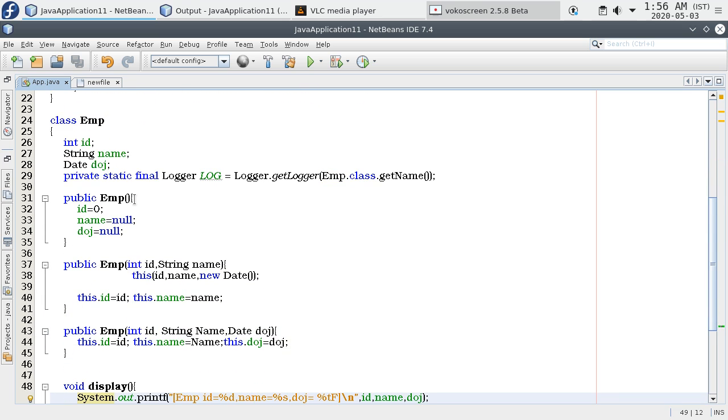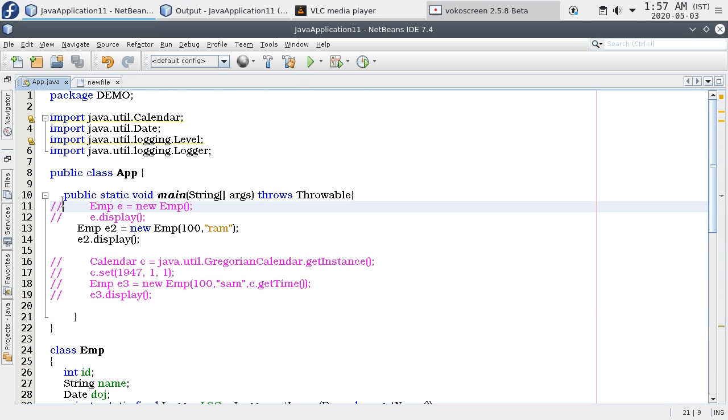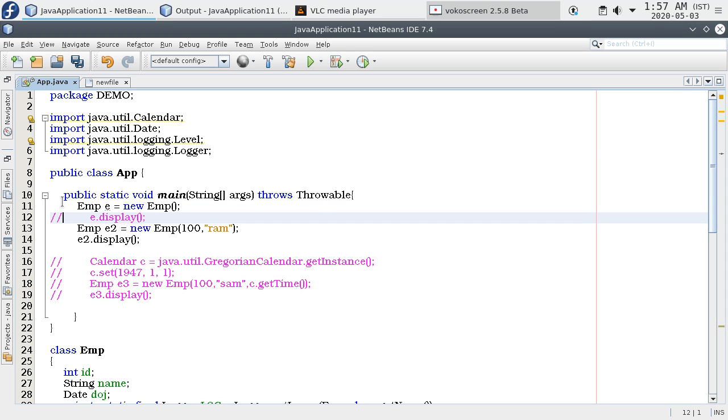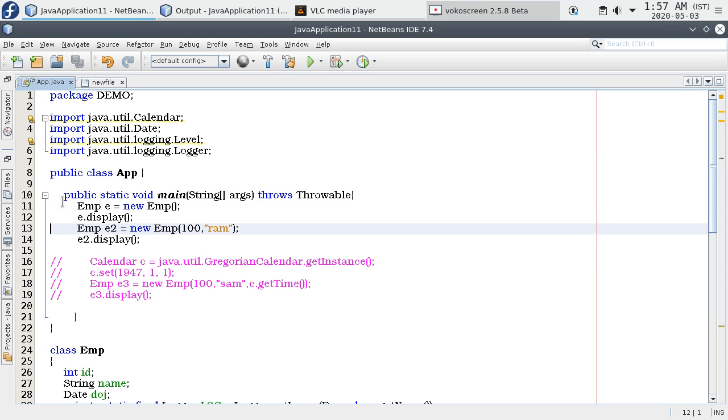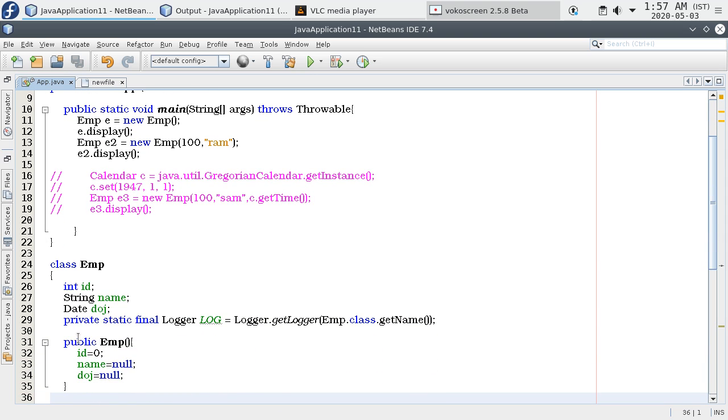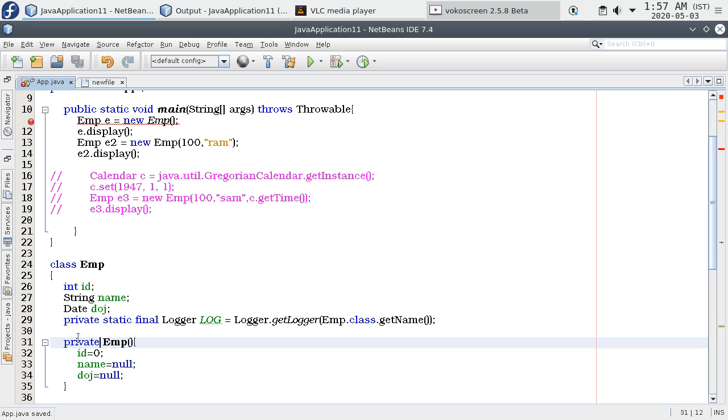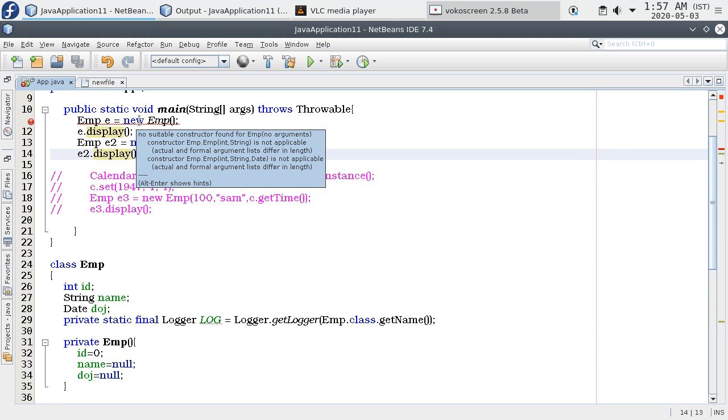See, we are creating here. Let's remove this. So I say here private. See, you see a red line here: no constructor found for Employee with no argument.